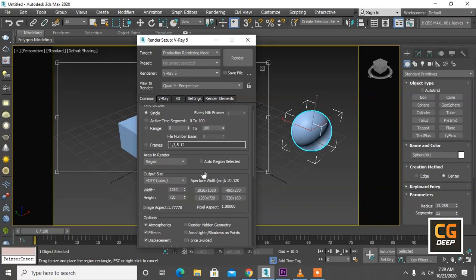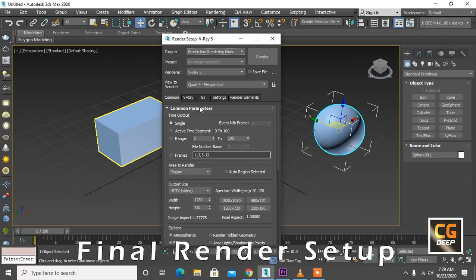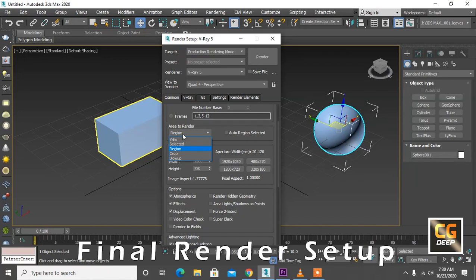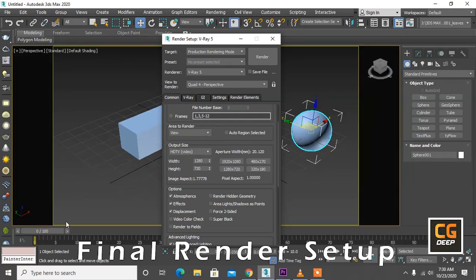Thanks. And now we are going to learn about the final render settings for our final interior render. So common parameters, select Single for single frame, and the region we want to view, meaning the area we are looking at, will render in your frame buffer, right?